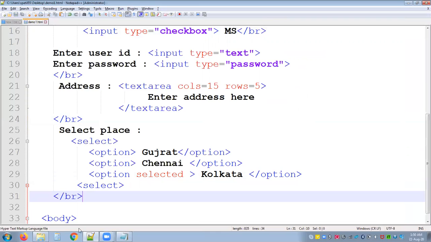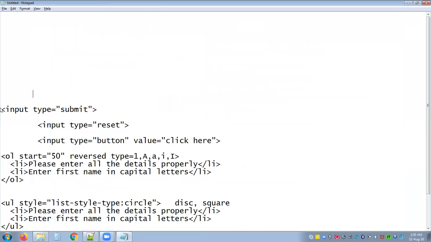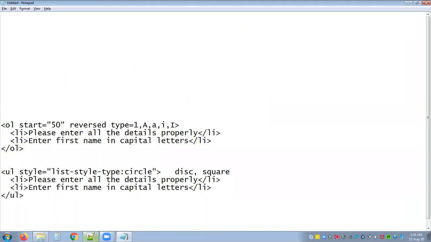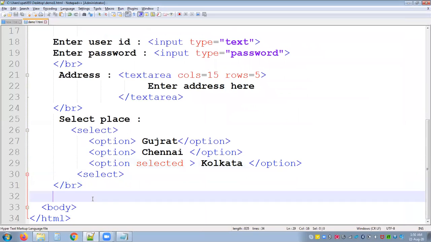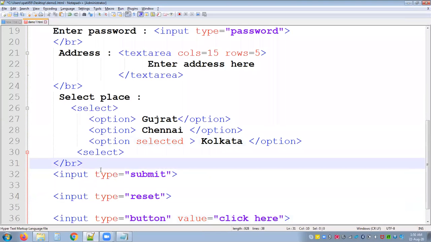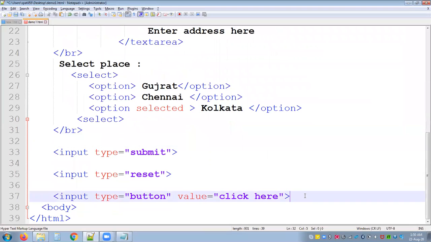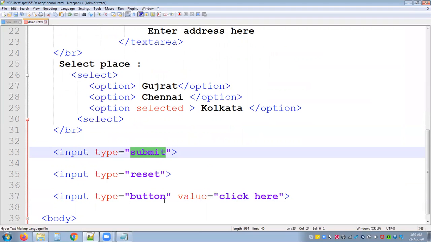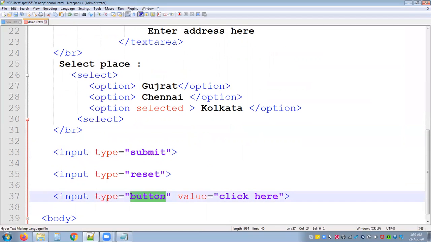Okay, so other than these things, what else is there within the input type? There are different types of buttons. Buttons play a very important role because you need to submit the form so that it gets stored in the local or in the particular database. So for input type equal to submit, a submit button is going to display, or you can give a reset button, or you can give input type equal to button. Here in input type equal to button, you need to give the value. Otherwise the button will be displayed as blank.